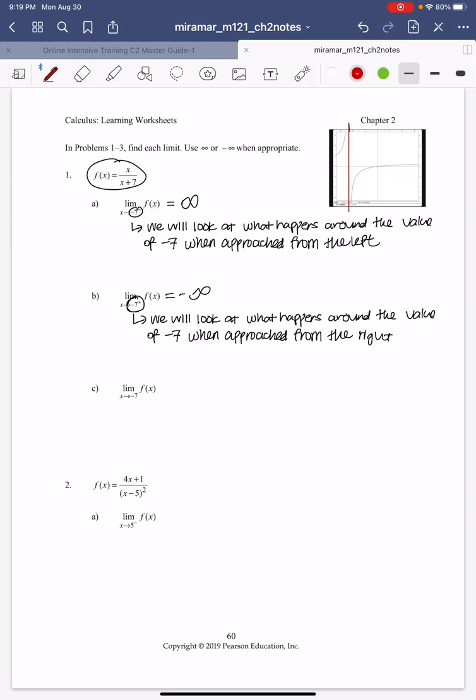So what does it mean? If one side goes to -infinity and the other side goes to positive infinity, then the limit at -7 does not exist, because the left-hand side and right-hand side limits are different. Negative infinity and positive infinity are different. And recall from 2.1, in order for a limit to exist, the one-sided limits from the negative and positive sides have to match up. Okay, so the final answer for part C will be does not exist